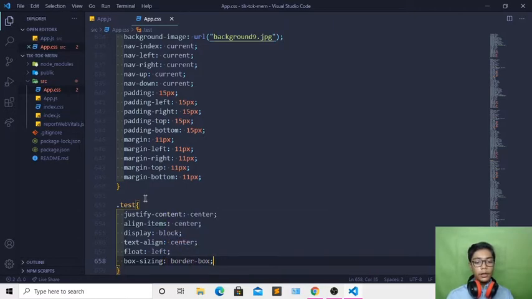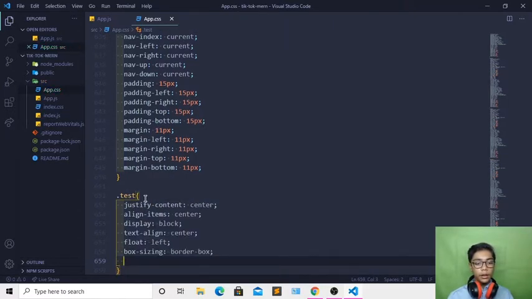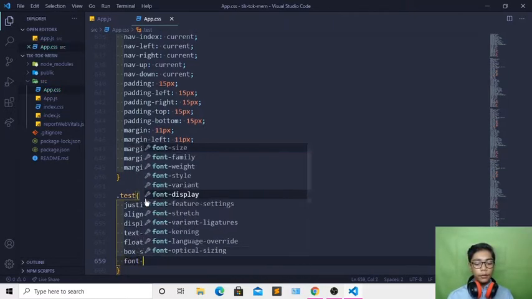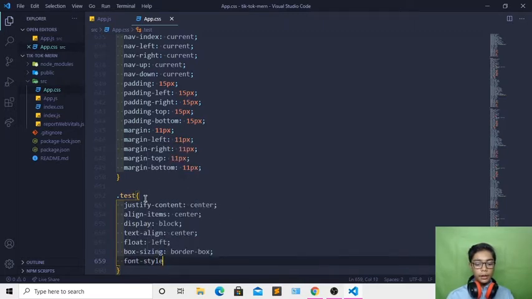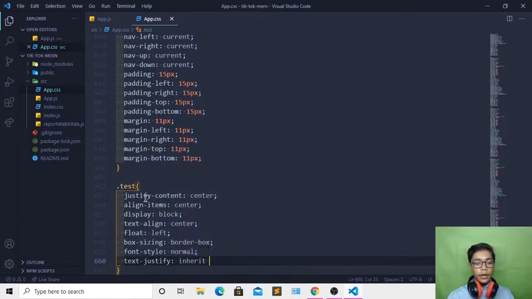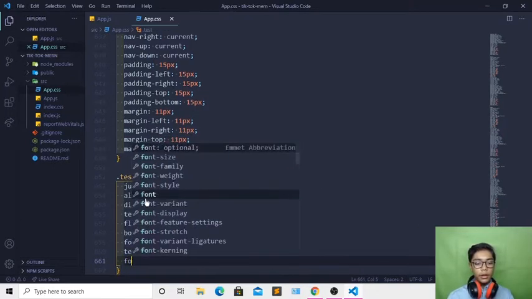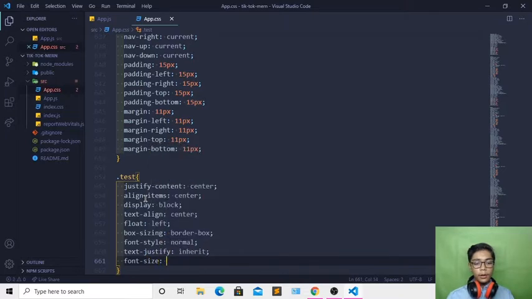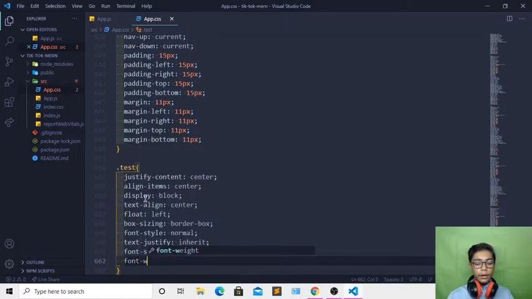So here when you've done that, I'll be coming underneath again and creating a tag which should be font style normal. So here I will be writing that, and when you've done all that, I will be coming underneath creating a tag justify which should be inherit, then I will be coming underneath again creating font size which should be 15 pixel, then I will be writing font weight which should be 500,